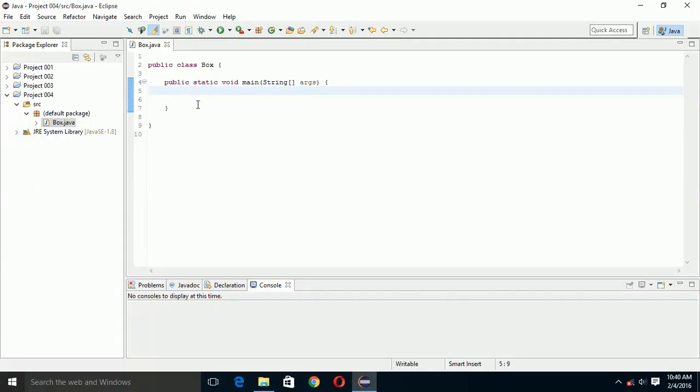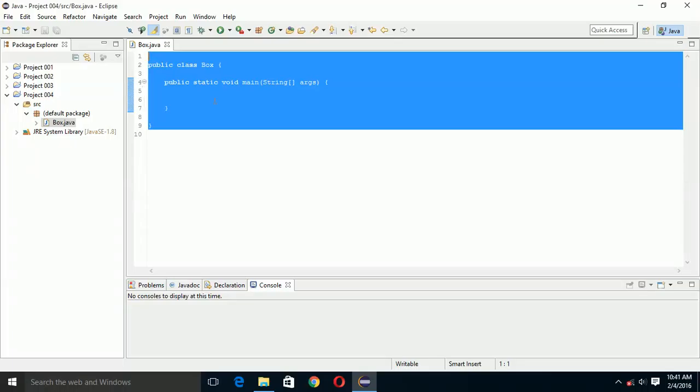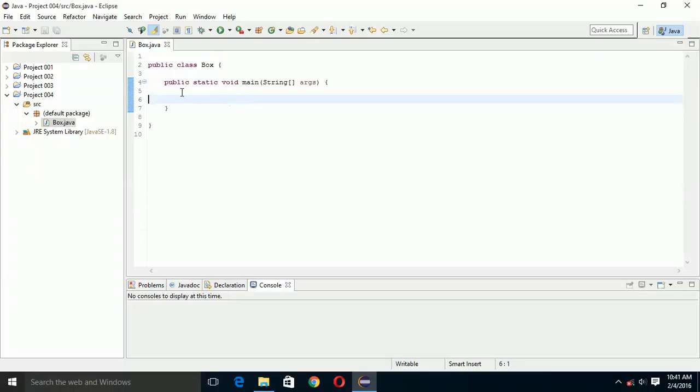Now in Java we have two main types of data type. We have the primitive data type and the non-primitive data type. In this tutorial we're going to just look at the primitive data type. Now you might want to ask, what is the primitive data type? The primitive data types are those data types that are already predefined by the Java language, and the first one which we'll look at is the